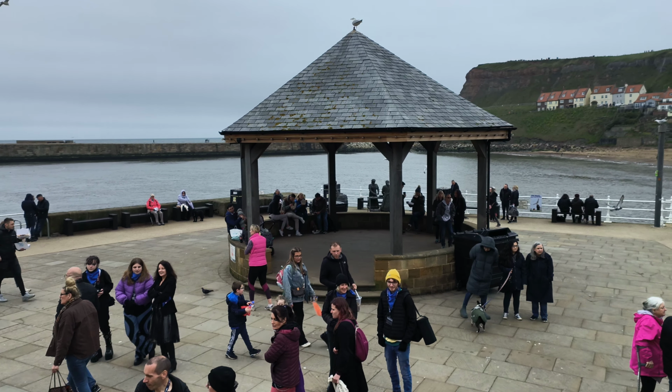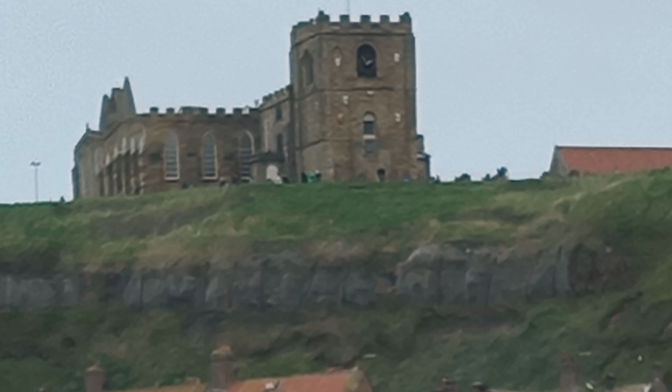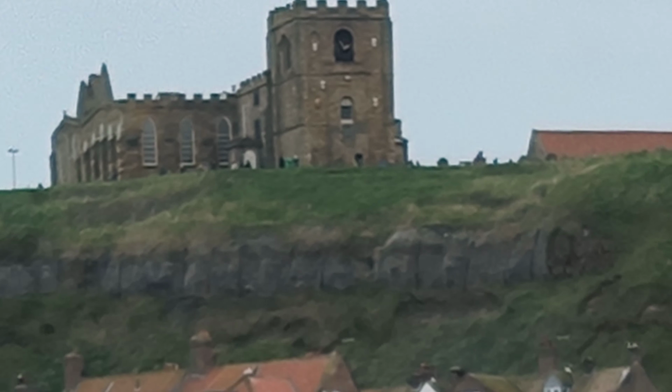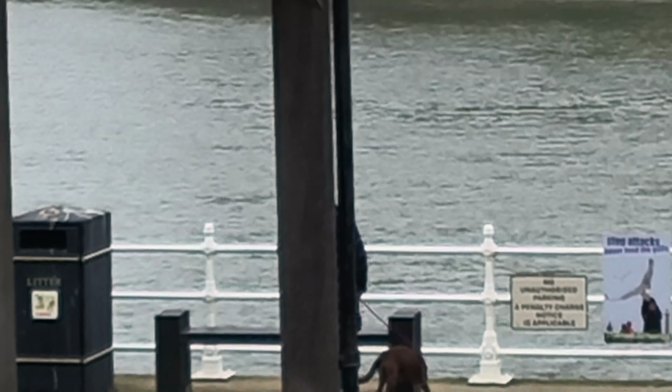Just across the river, you can see the 199 steps leading up to St Mary's Church. The street running along the cliffs towards the sea is Henrietta Street, which used to stretch much further around the cliff until it suffered from a huge landslip one night in 1787. Many houses ended up on the beach below, and over 1,000 residents lost their homes. It is remarkable that no lives were lost that night. Fortunately, the land was seen to be breaking up, and everyone